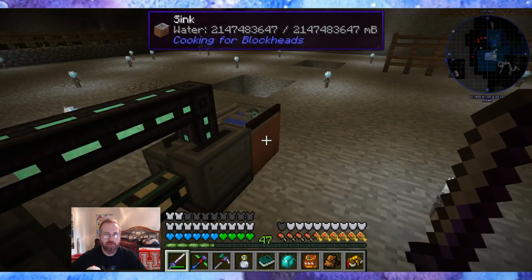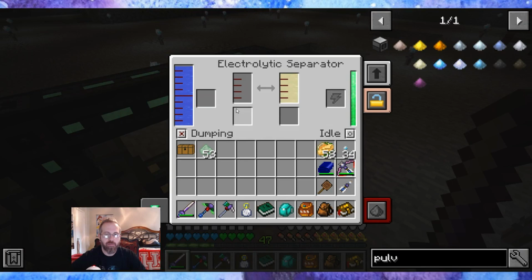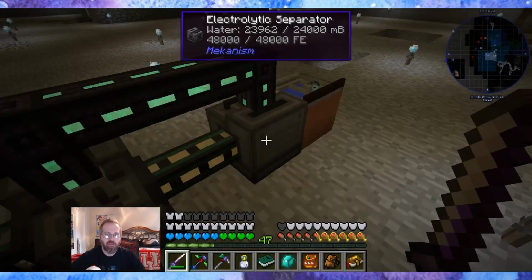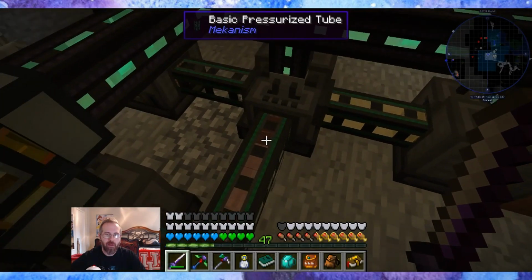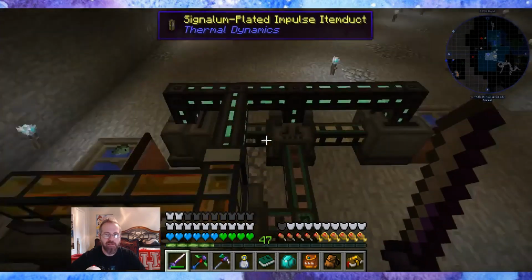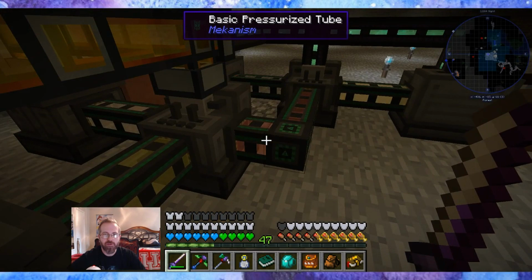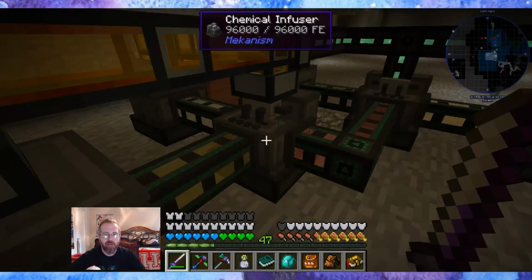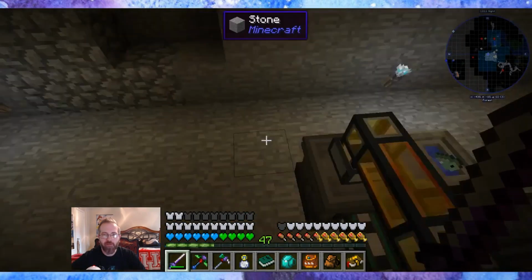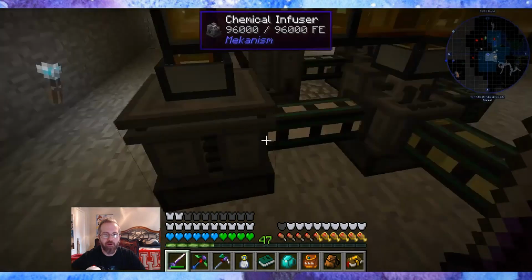Then from the other direction, water with the flat transfer node is being put into the electrolytic separator. I have it dumping the hydrogen, and the oxygen is coming in on the other side. It's mixing and coming through the front and into this side of the front of this chemical infuser, also pressurized tubes. Then sulfur trioxide comes in on this side, and the water vapor has to come in from the other side, which is another sink with another flat transfer node into the rotary